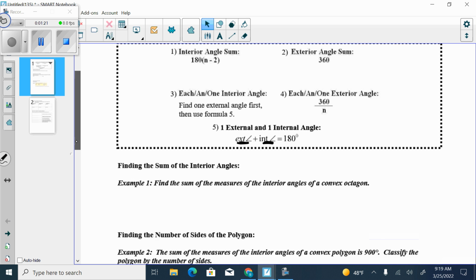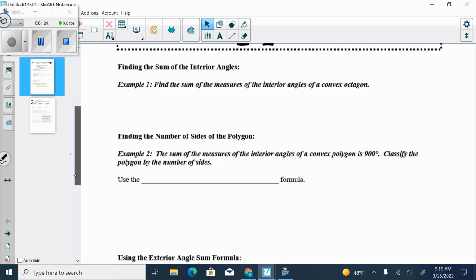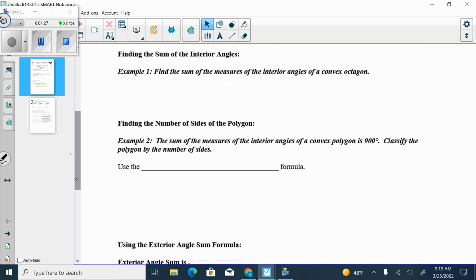Right? All right, so first, they just have a couple of review questions for us. The first one says to find the sum of measures of interior angles of a convex octagon. Well, again, how many sides do we know an octagon has? 8. So if I'm finding the sum, I would use that first formula listed in the box up there. 180 times n minus 2, and you guys said n was 8. So really, 180 times 6 is going to give us,